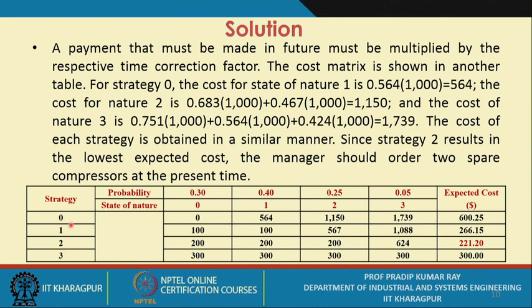That means there are 4 possibilities. That means ordering quantity could be 0 or 1 or 2 or 3. So, against 0, that means if failure is 0, this is 0. If it is 1, that means at the end of the 6th year it fails. So, corresponding cost is 564, and if there are 2 failures, that means obviously 1150, already it is clear. If there are 3 failures, that means the value will be 1739. Okay. So, the same logic we will apply.